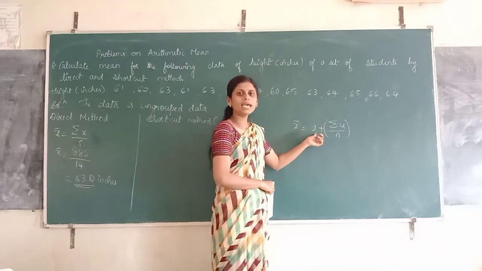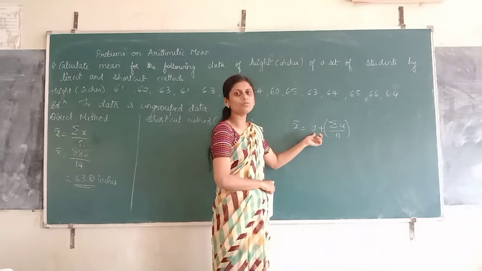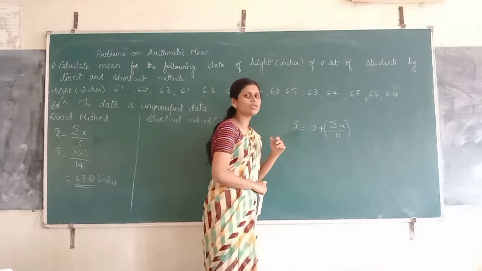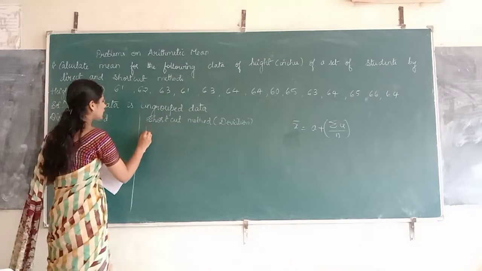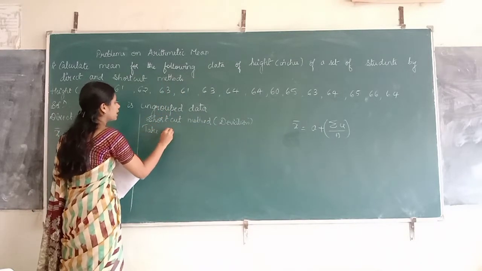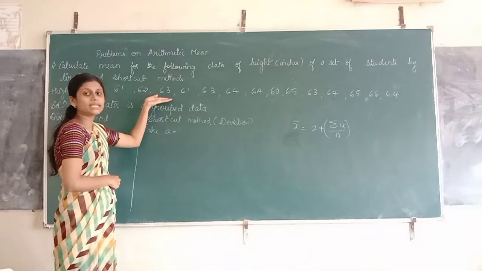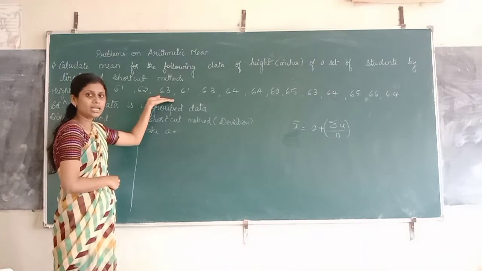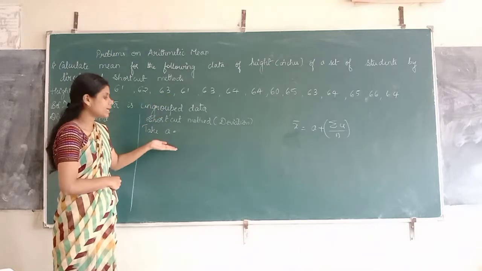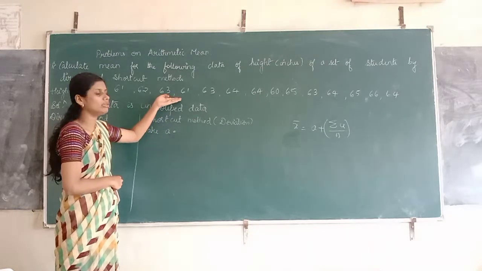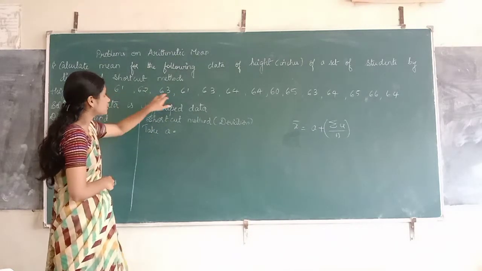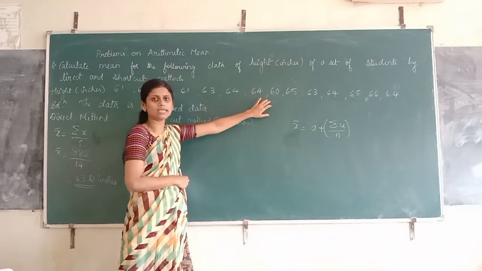So what is a? A is nothing but it is assumed mean. So which one you are going to take as assumed mean? So take a is equal to whichever is the lowest value or the least value in the observation, that value we are going to take as assumed mean, least value in the observation. So in this observation, which is the lowest value or the least value,